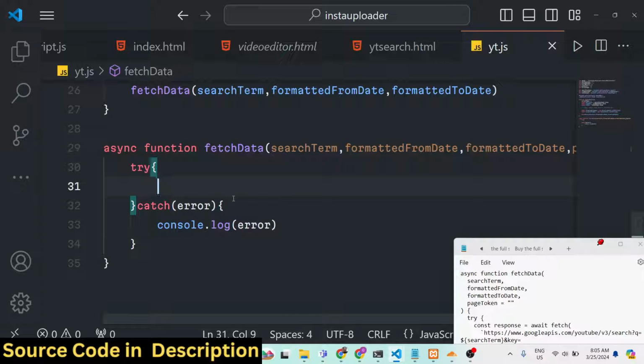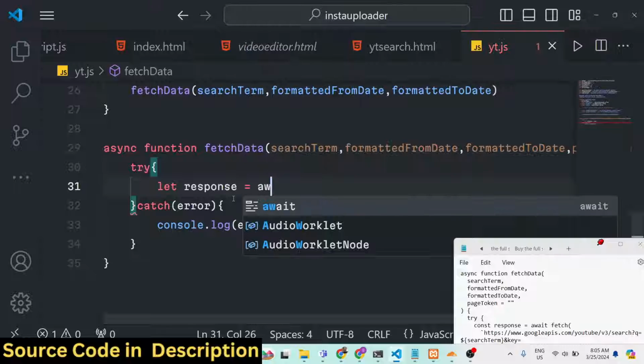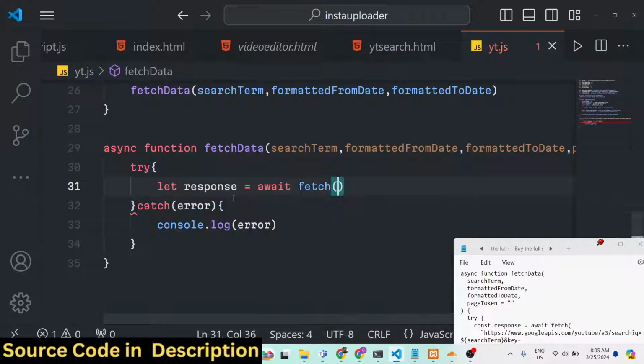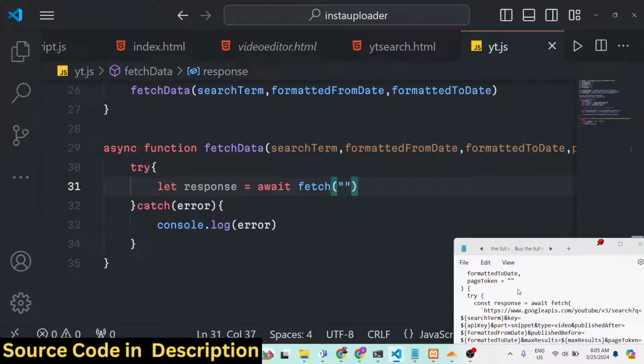So inside the try catch block, we will actually make a fetch call, await fetch. Fetch is available in every browser. So we are making this HTTP client, using it to make a simple call. In backtick HTTPS, this is the endpoint,